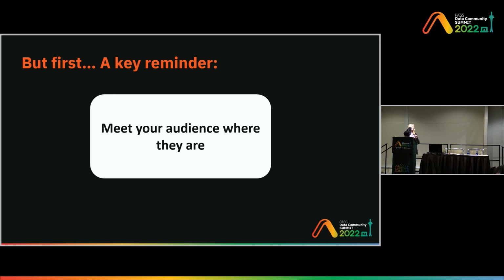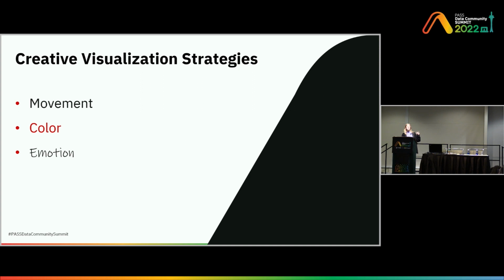The overlying concept here is going to be to meet your audience where they are. Consider who will be viewing the presentation, what is their unique perspective, what are your common interests, and this will guide your creation of effective visualizations. And when I say visualization, I am talking broad. I am talking any chart, graph, picture, or combination thereof that contains data, whether it be numeric, categoric, geospatial, whatever it is. There's going to be a way to make the communication of this data more effective. I'm going to introduce 3 strategies today: movement, color, and emotion.